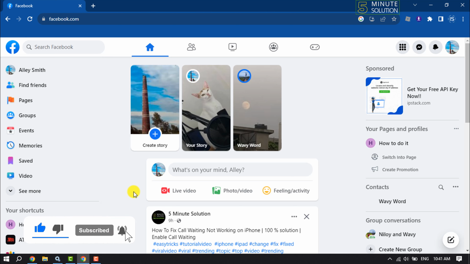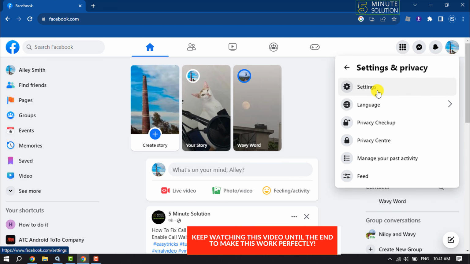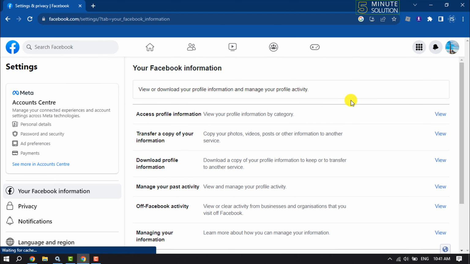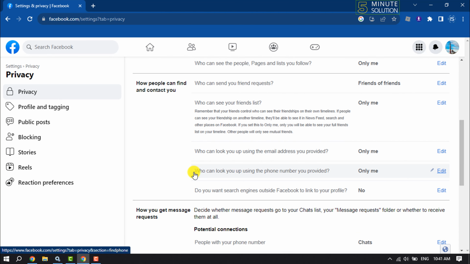On your computer, open Facebook and click on your account, settings and privacy, settings, select privacy, scroll down. Here you'll find this section, how people can find and contact you. Here you have to select only me for all of these options, and then go to your Facebook profile,